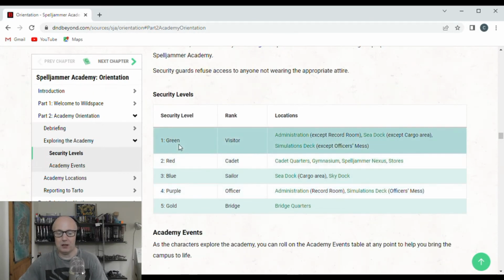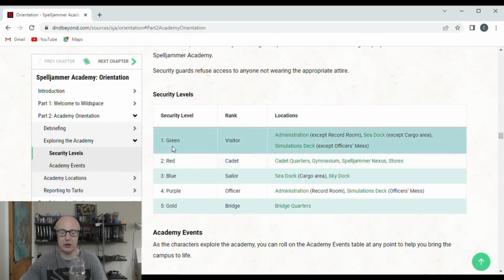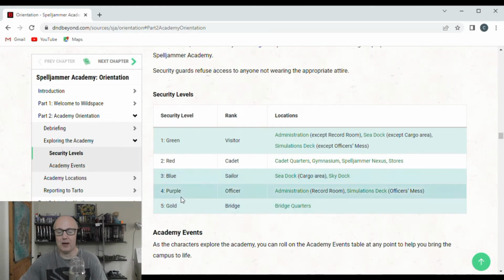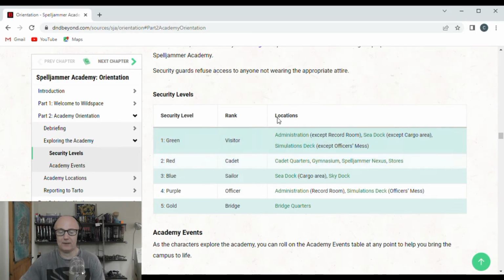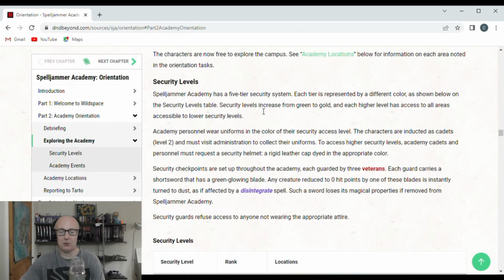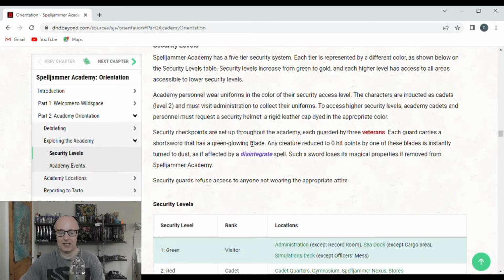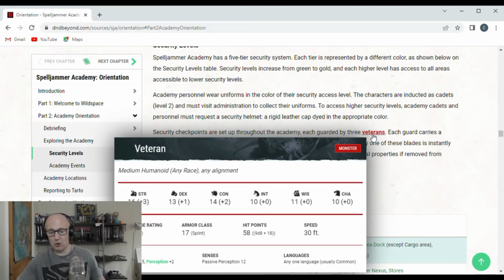The colours being, you start level 2, by the way. You're going to get a red shirt. So on the map, there's green, red, blue, purple, and gold, and these are the highest people who can go anywhere, but then purple can go anywhere below, but not onto gold. So yeah, you have to have certain shirts to enter certain places, and to stop anyone sneaking, the checkpoints are set up throughout the academy, guarded by 3 veterans. The veterans will kick your butt,